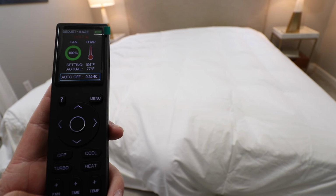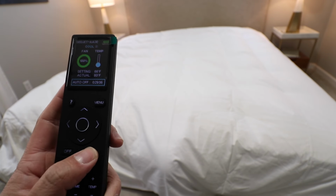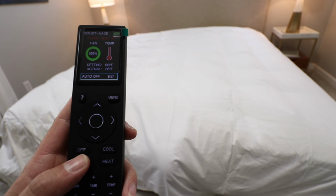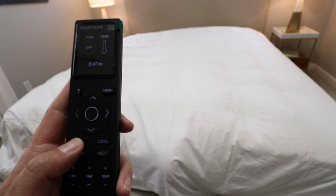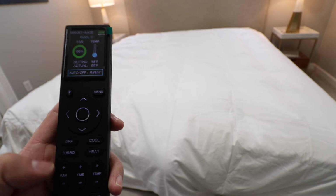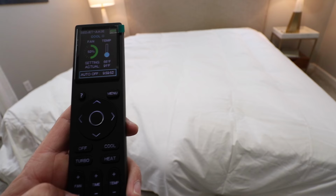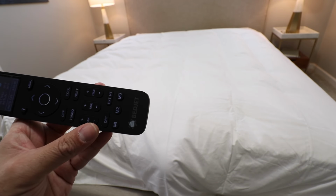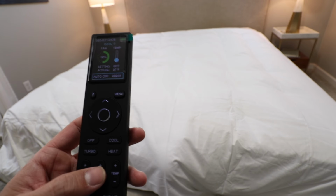But pretty neat that you can turn this on or off and have heating or cooling, but we definitely want the cool, so we'll go back to that. And then you've got a turbo mode here, and that's just going to get you, whew, we don't want that. Let's turn everything off. And then we're going to do fan, cool. And so we're just going to leave it on that, and we're going to put the fan on like 55% or something like that. And then you've got all different settings that you can add here. So you've got M1, M2, M3, or dry, and then you've got a time,